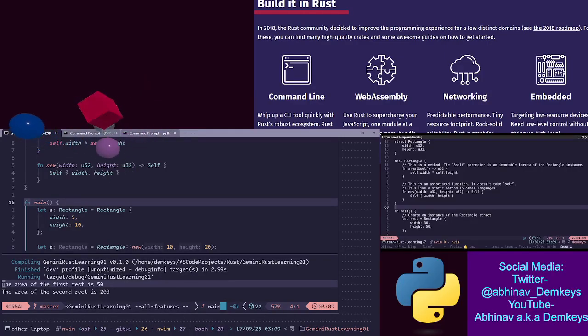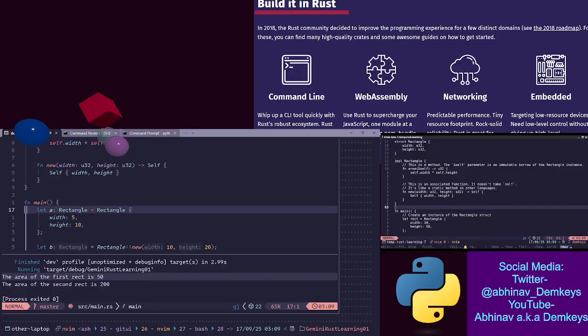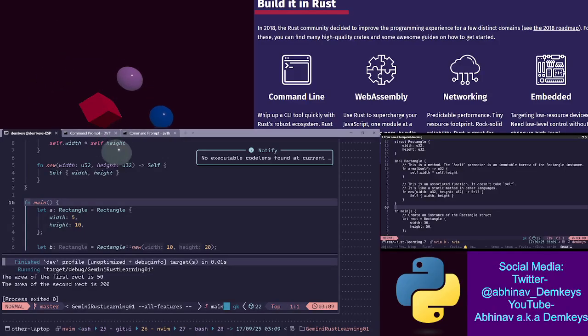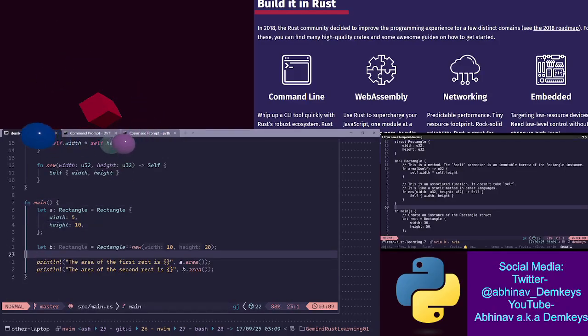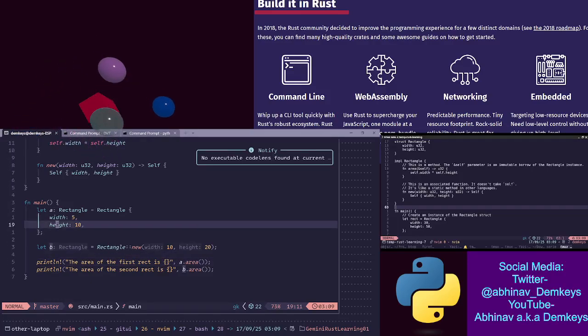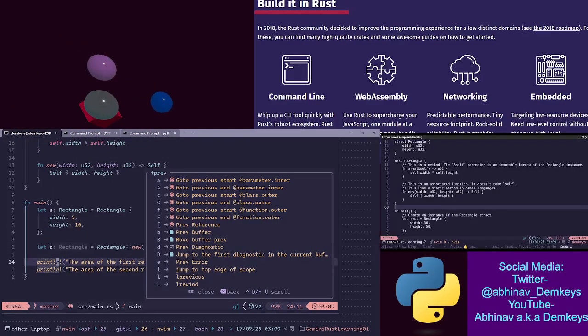Why does it look like that? That's confusing. Hold on. Why is it cut off? I need to remember this.